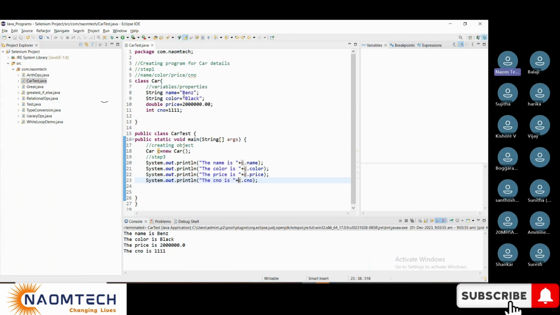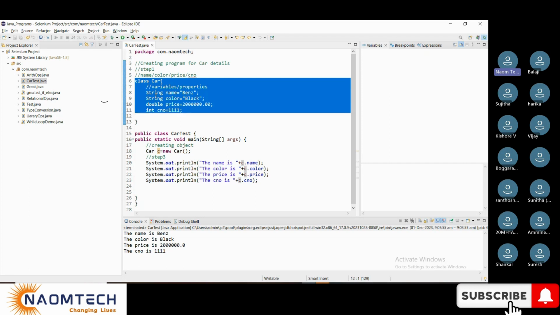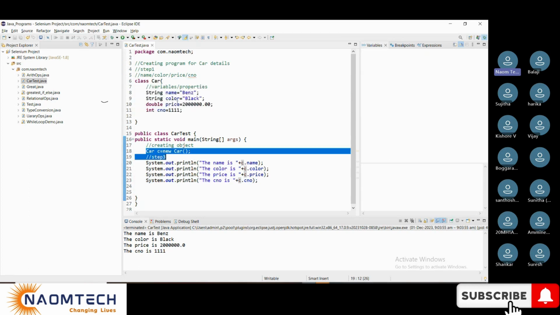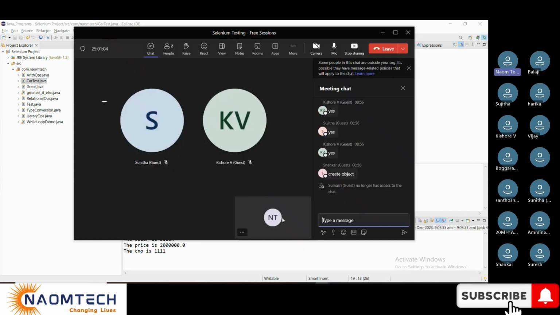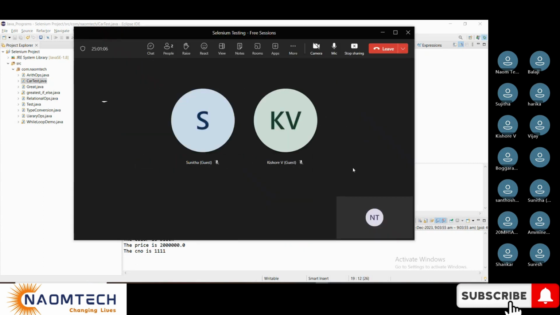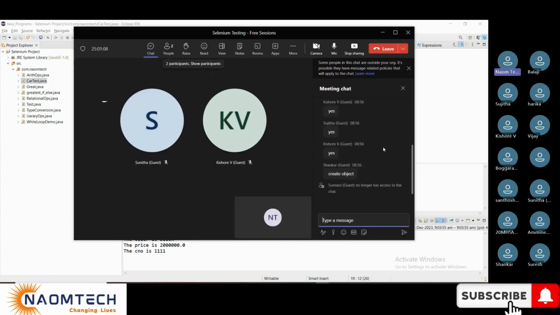So this is a simple program for classes and objects. These are the steps we should follow. This class describes the object's features, and then the actual object is this. I'll talk more about all this in tomorrow's session because we are already running out of time. All of you are good now, friends. Is this clear for everyone? I hope this is actually